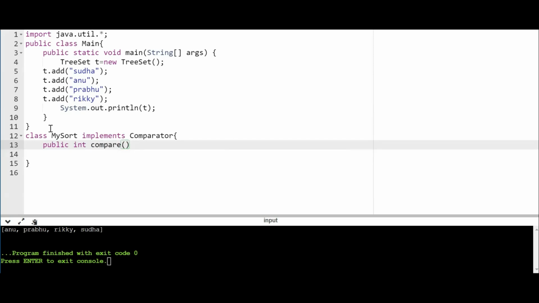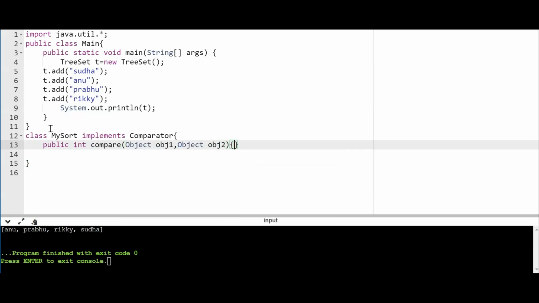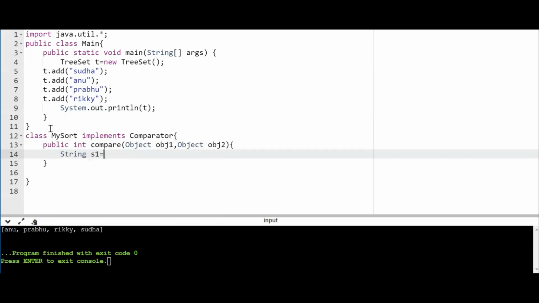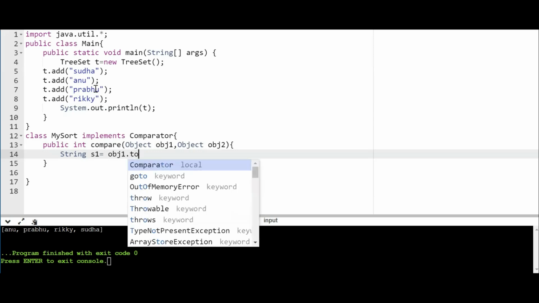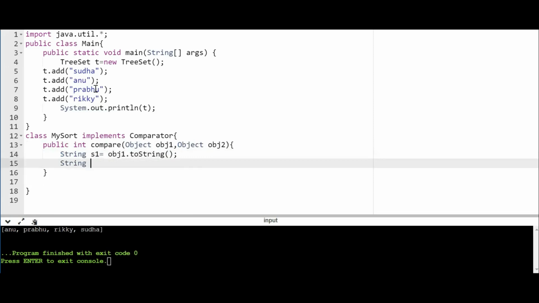So the compare method will be taking two objects. The first one is obj1 and the second one is obj2, because it has to compare between these two objects. I'll be taking the first one in string. Because these are strings, I have stored strings in the tree set. So I'm saying string s1 is equal to obj1 dot, I need to convert it into string, right? So obj dot toString, and then I have one more string which is s2 is equal to obj2